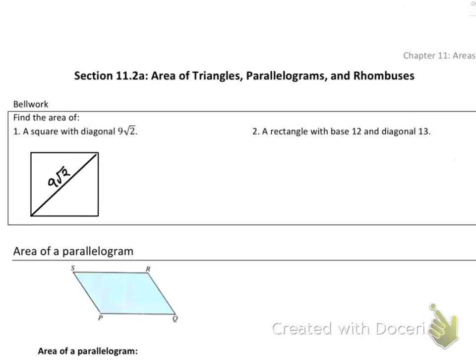Back to the bell work. We have a diagonal that's 9 square root of 2. We had to notice that this was a 45. We didn't really have to notice because I pointed it out. 45,